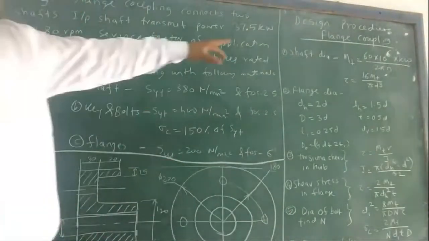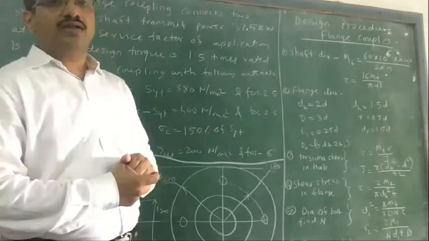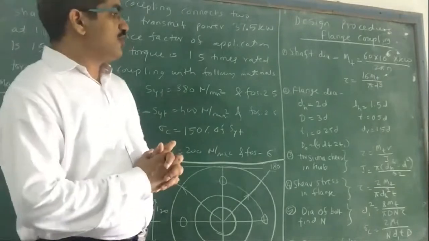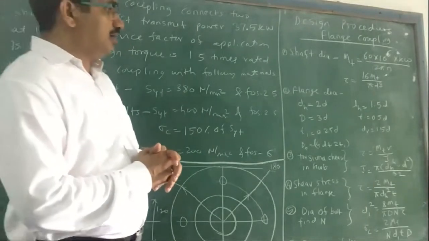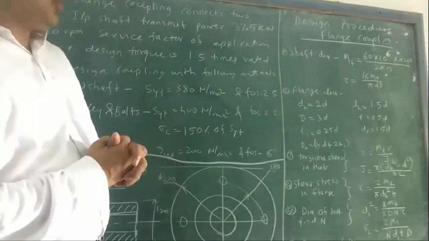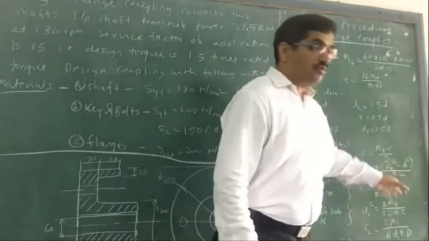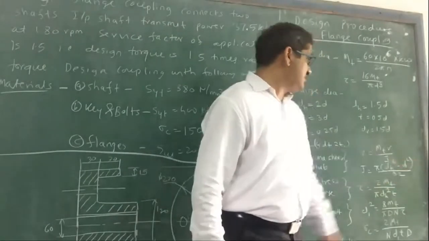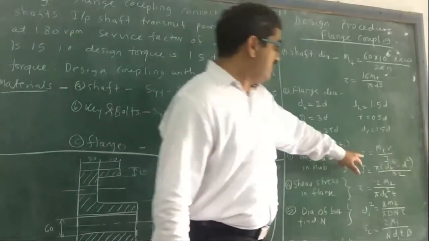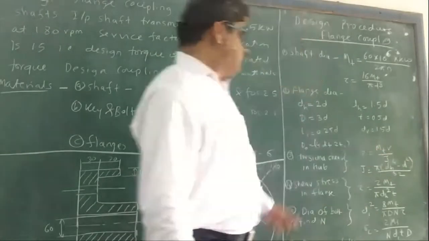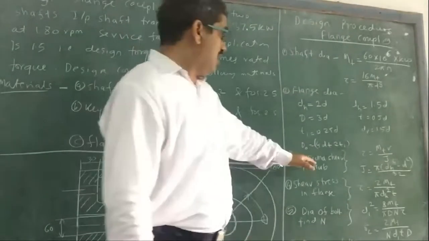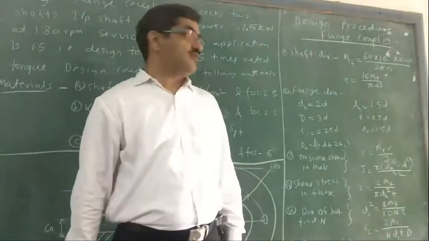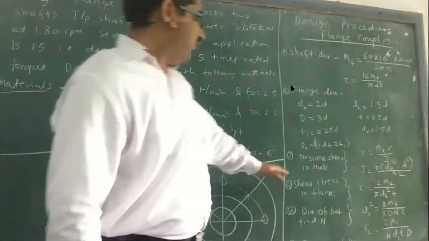Mt is the torque we have calculated in the first step. So it will go under torsional shear stress. This is the simple torsional equation, Mt upon J is equal to tau upon r, right? Here we know r, we know Mt, and we know J. We will consider it as a hollow shaft, so J is pi into DH raised to 4 minus D raised to 4, upon 32. So if we know J, Mt and r, then we can find out the shear stress, and that shear stress should be within the allowable limits we have calculated in the first step. Now we have completed the hub.